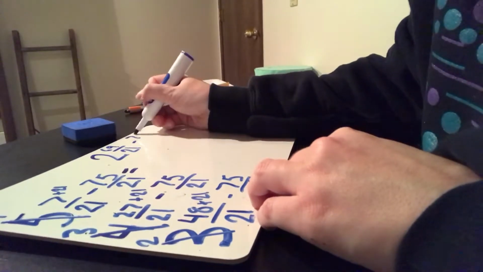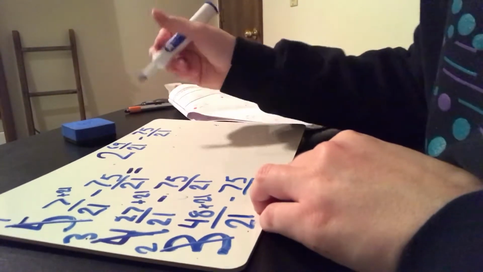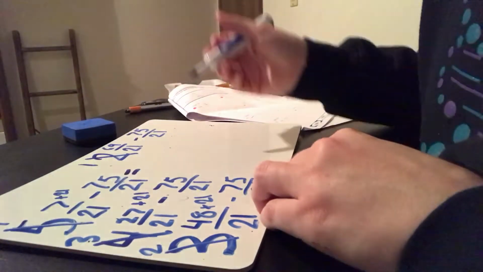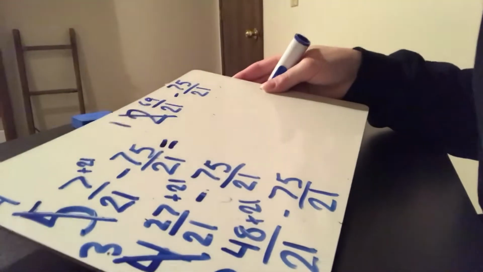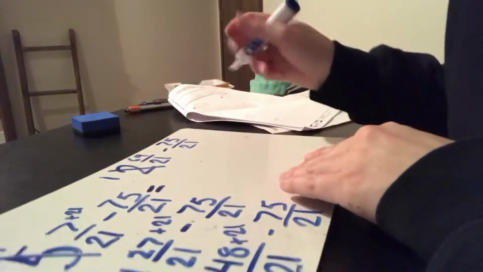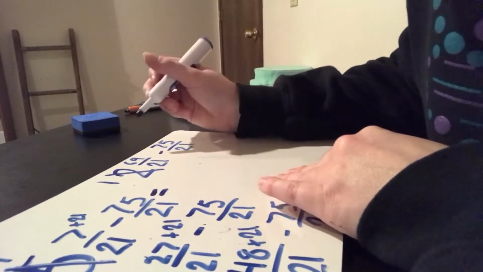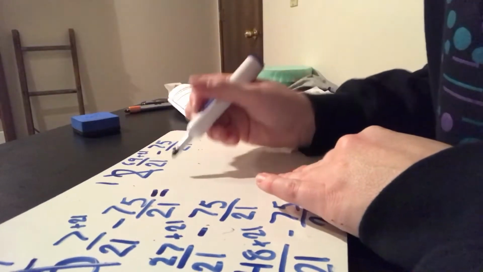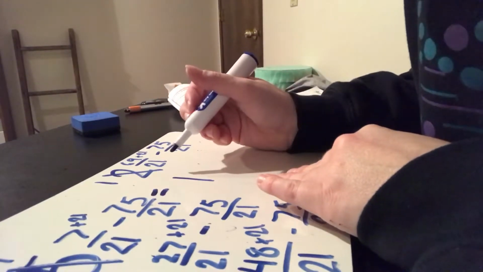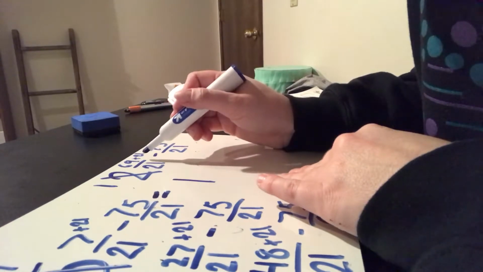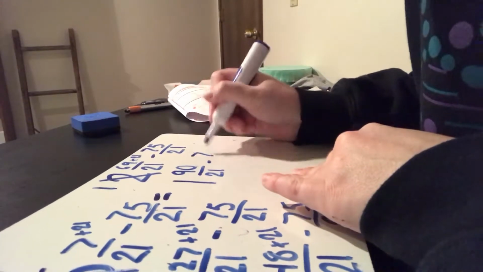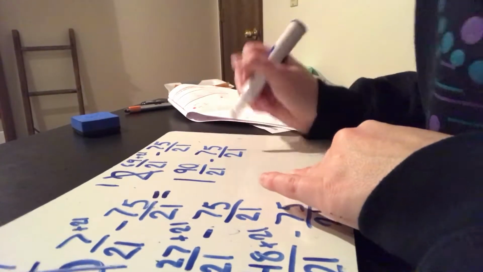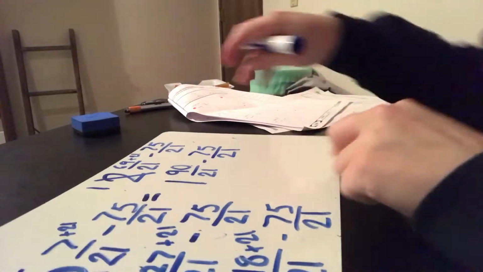21st minus 75/21. So I'm going to borrow again. Now I'm down to a 1 already. Okay, I'm over here, down to 1. Sorry guys, this is messy. It's taking forever. Plus 21. 1. So that's 80/90 over 21 equals 75/21. Wow. Okay, I'm finally at a point I can